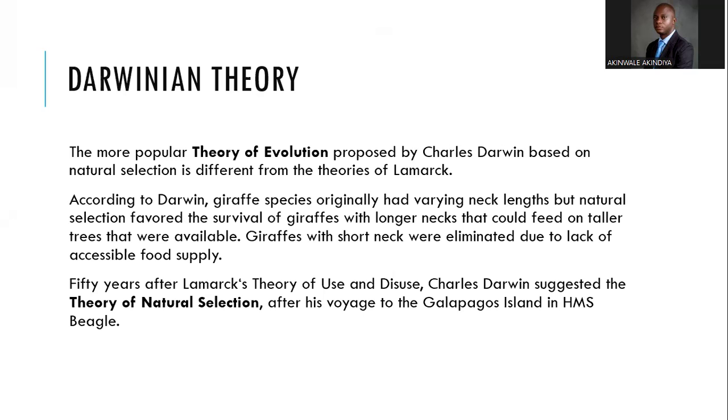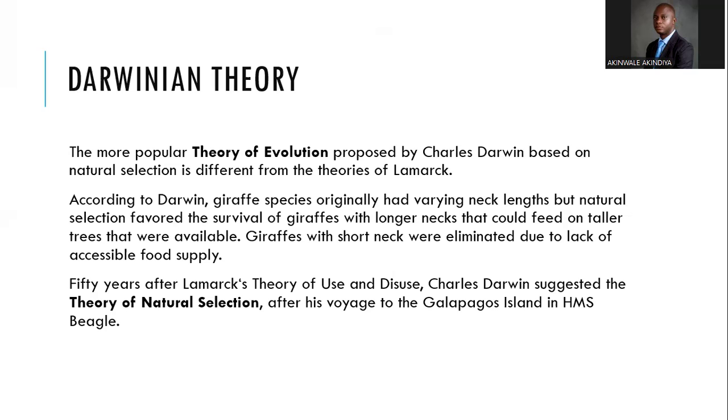So you have some giraffes that have a lower neck, and some giraffes that have a longer neck. When resources are limited, and these species were in abundance, at a time like that, when everybody has finished eating the grasses and shrubs that are easily reachable, the ones that don't have long necks are going to start dying out because they won't have food. So the ones that have a longer neck are the ones that are going to survive. That is basically what Charles Darwin is saying, which somehow makes more sense than what Lamarck said.